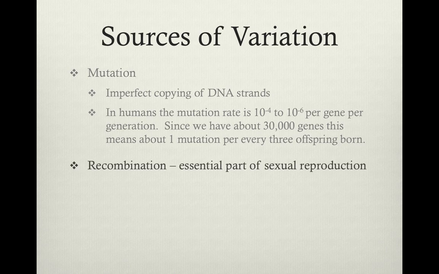We also get key critical variation through recombination. This is putting together new and novel combinations of genetic material through the act of sexual reproduction. So, of course, with recombination, your dad contributes half of your alleles, your mom contributes half of your alleles, and depending on whether they come from the same population or not, how closely related they are or not, you may end up with new combinations of alleles that aren't present yet in the breeding population.